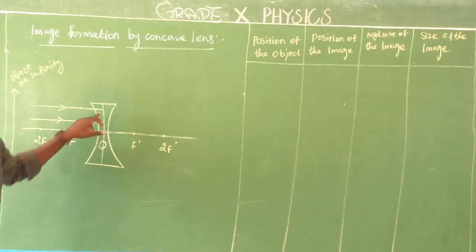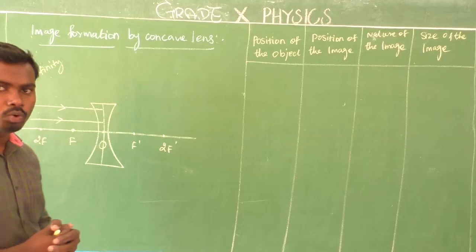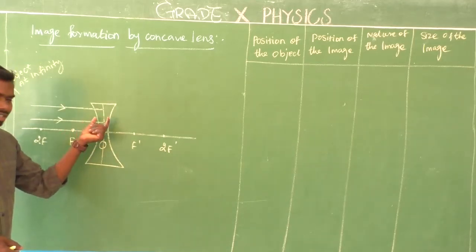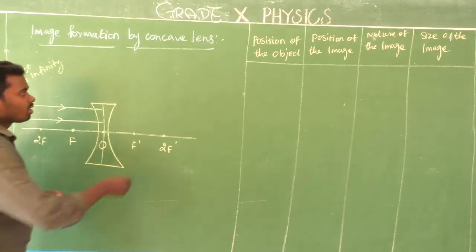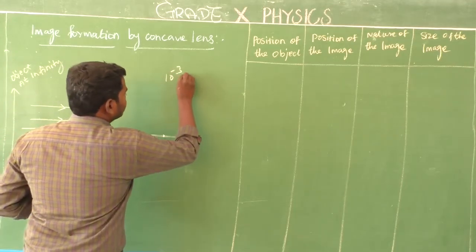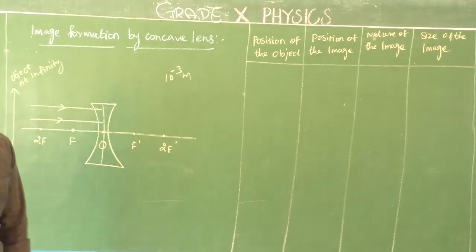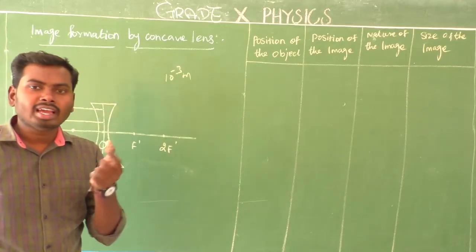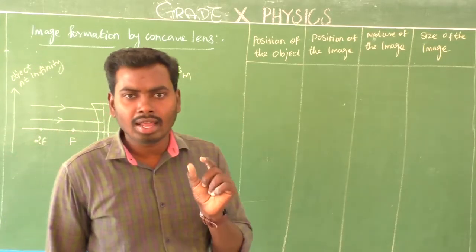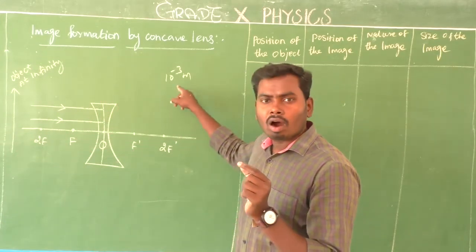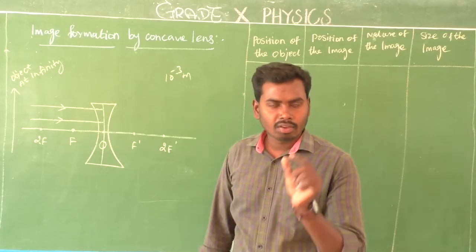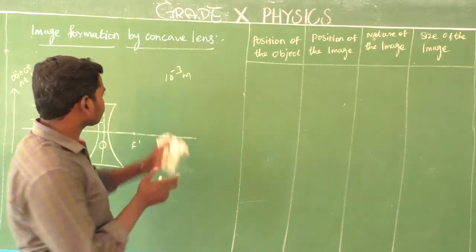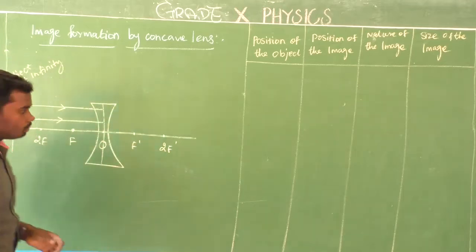So what is the next move? Look at here. Already we know this lens thickness is very small. Am I right? It is of the order of 10 to the power minus 3 meter. The spherical lens's thickness is generally very small, of the order of 10 to the power minus 3 meter. Is that clear? Very small thickness. Is that clear? Yes. So look at here.